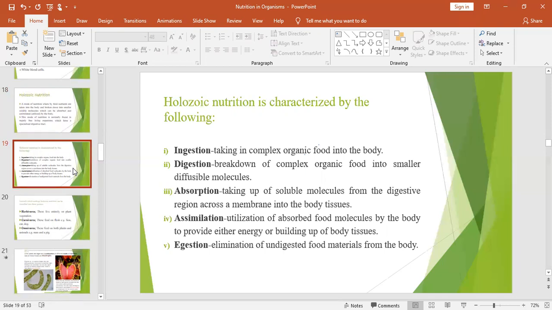And then that absorbed food must be used, what we call assimilation. I've told you some may be used to build new tissues. Others may be broken down to release energy during respiration. Others are used as a source of energy for locomotion, and many others. That is what we call assimilation. Then lastly, the undigested ones are supposed to be removed. And that process of removing is what we call egestion. So I'm just revising what we had talked about before we discuss our main content today.